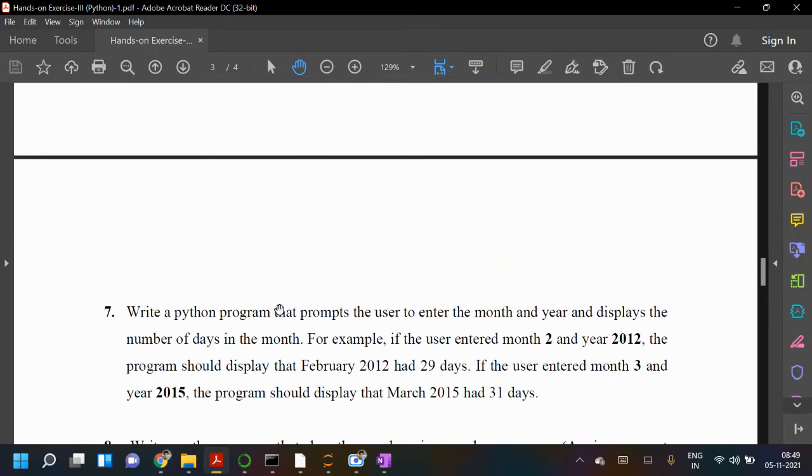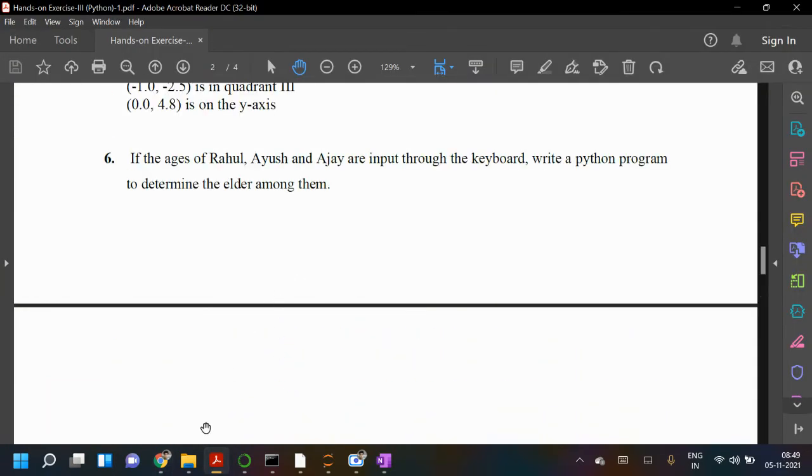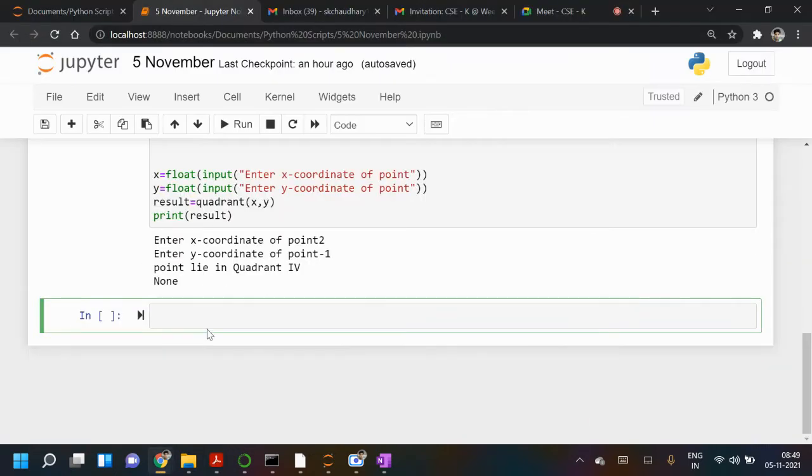So it was Rahul, Ayush, Ajay. Okay, so Rahul, you may ask the user age.